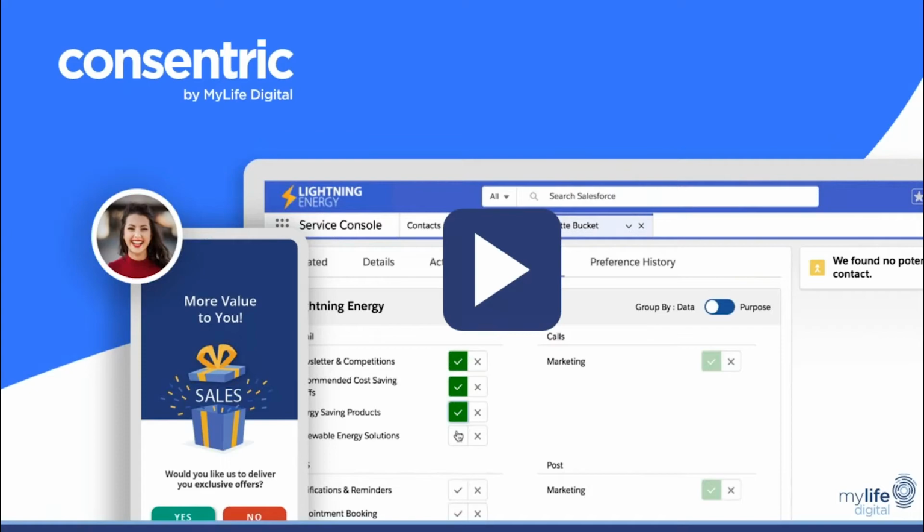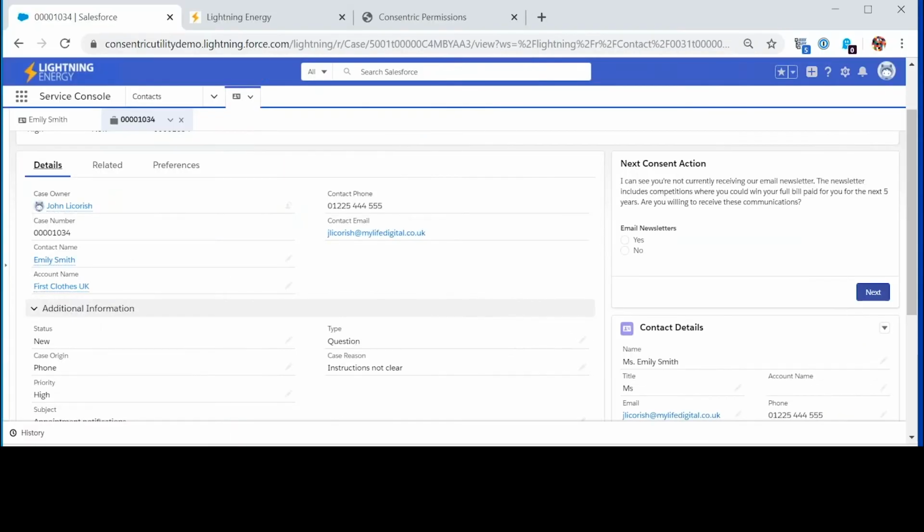Thank you, Melissa. So today, I'm going to take you through a scenario with Emily, who we spoke about earlier. She's contacted Lightning Energy, her energy supplier, and she wants to know a little bit more about some of the services that they're offering. For the purposes of this demonstration, I'll be using Salesforce. However, our technology could be embedded within Dynamics 365 or your own homegrown CRM. The integration is straightforward, and what we see here on screen within Salesforce is a case which is being used by Lightning Energy to